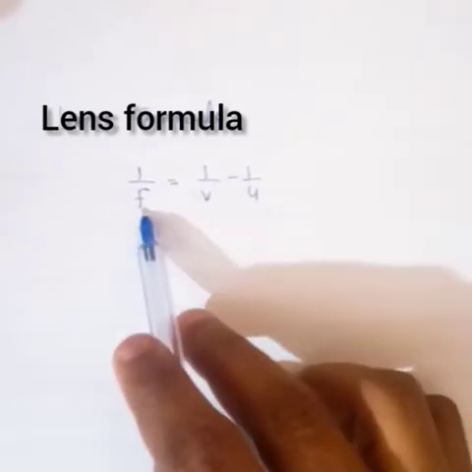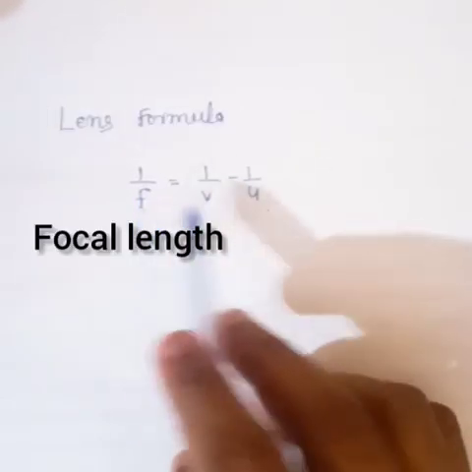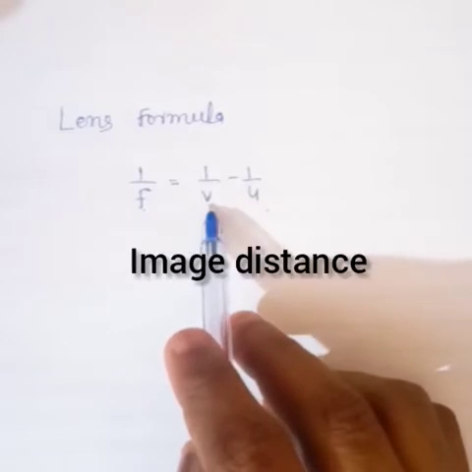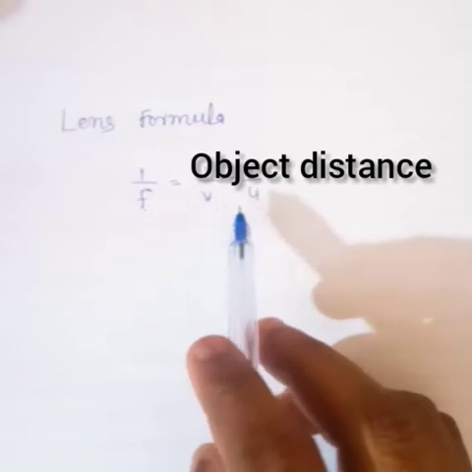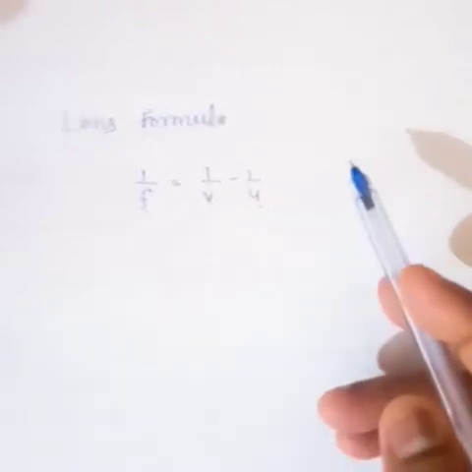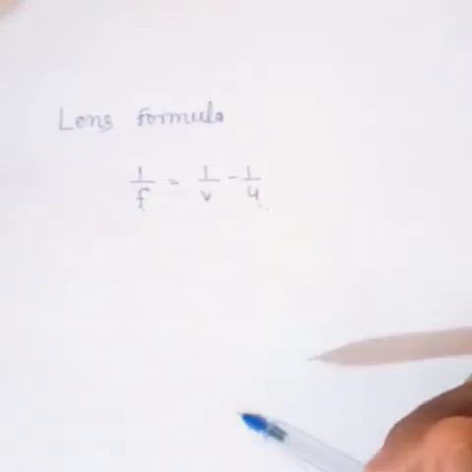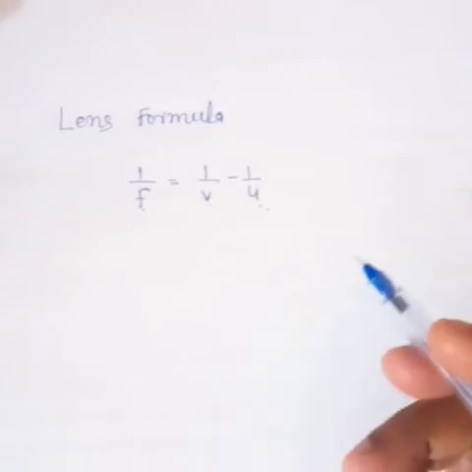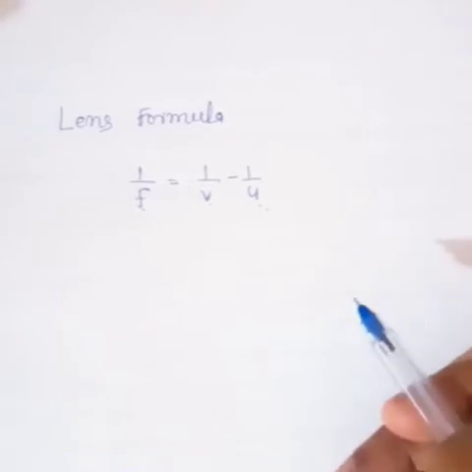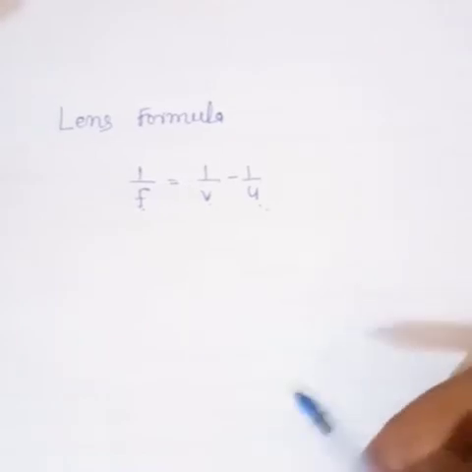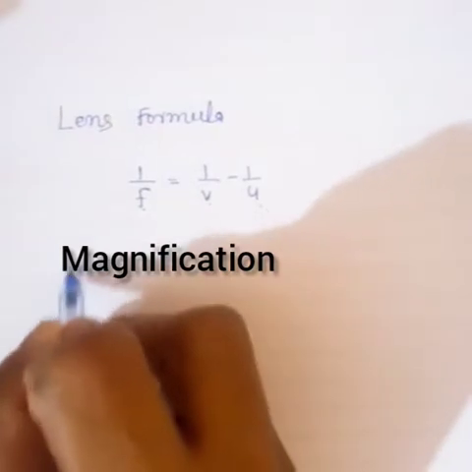Here f is the focal length, v is the image distance and u is the object distance. The lens formula given above is general and is valid in all situations for any spherical lens. So take proper care of the signs of different quantities while putting numerical values for solving problems related to lenses.